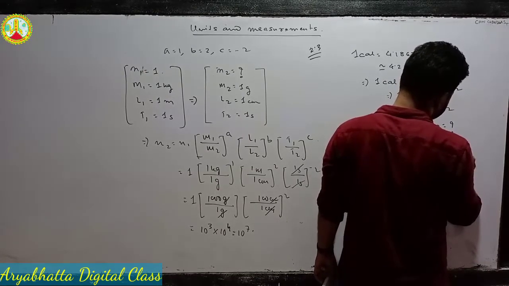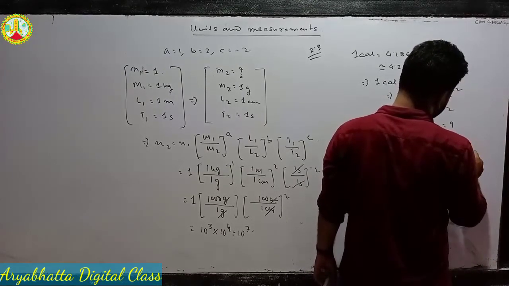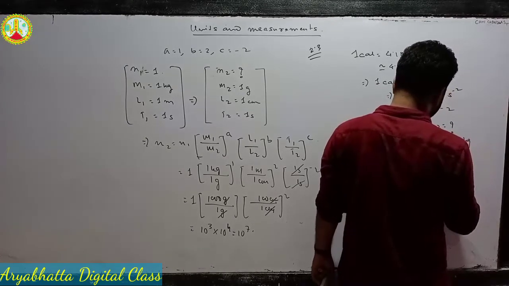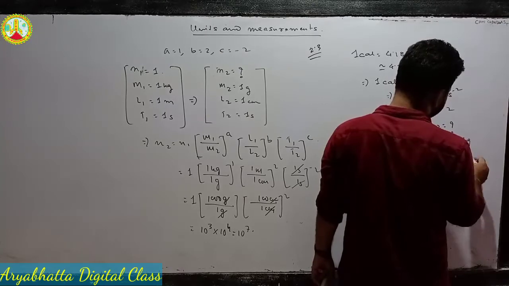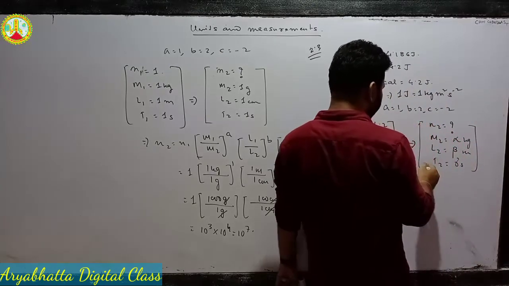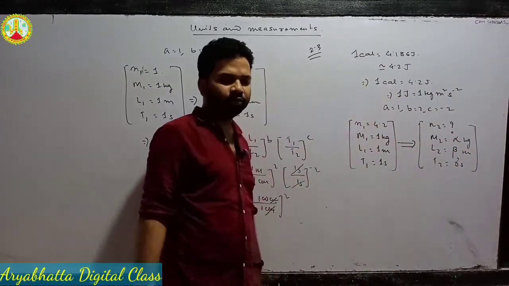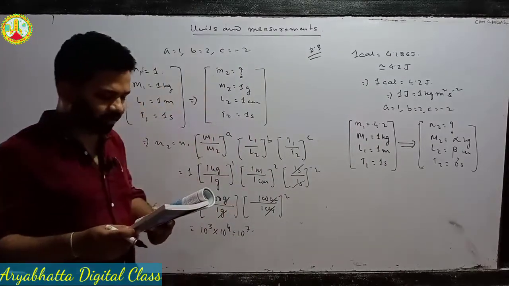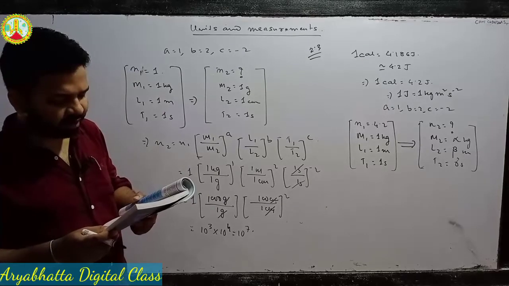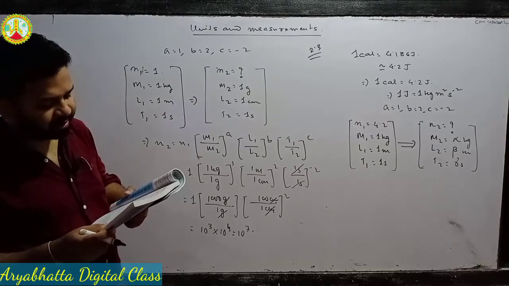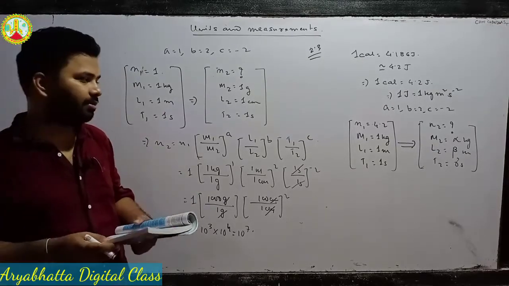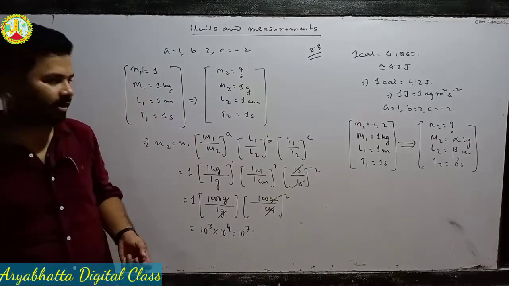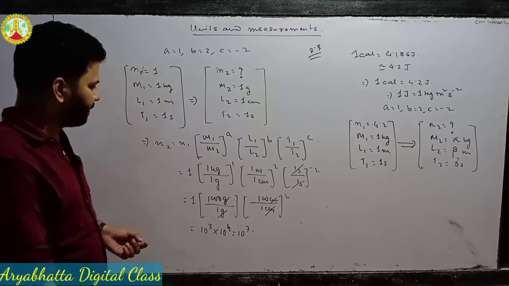So L2 is beta meter, and T2 is gamma second. So we have to find the value of N2, and it must be 4.2 alpha inverse beta to the power -2 gamma to the power 2. Let us see what the magnitude of N2 comes out to be. That must be equal to this one